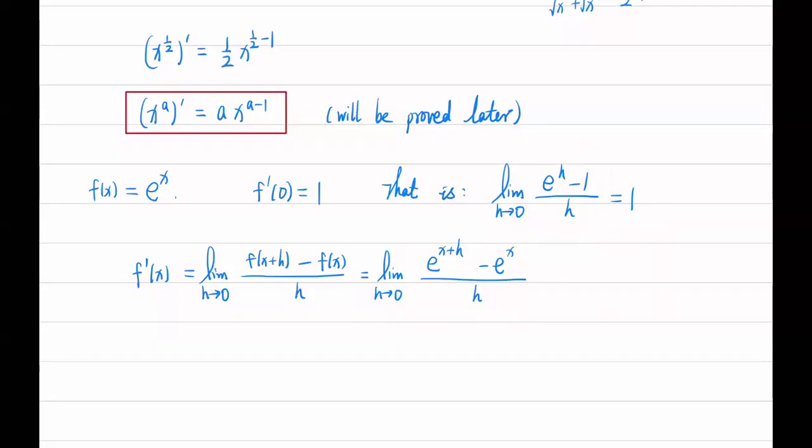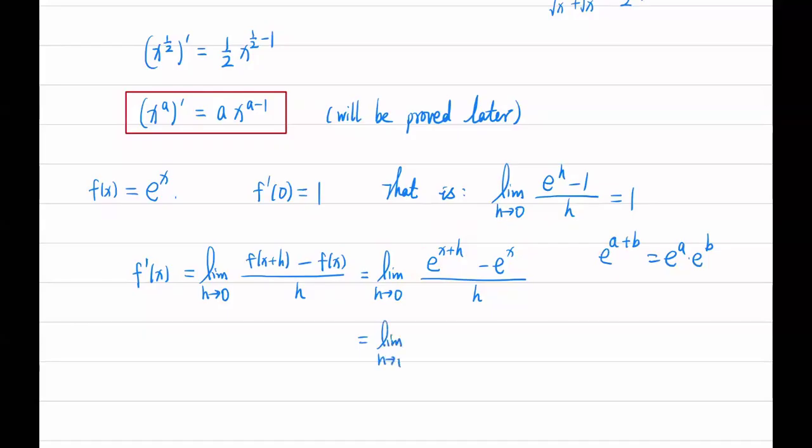Can you factor out e to the power of x? Okay, so what property did you use to factorize e to the x? Addition of powers. Yes, one of the laws of exponents. So we have e to the a plus b equals e to the a times e to the b. So we apply this, we get